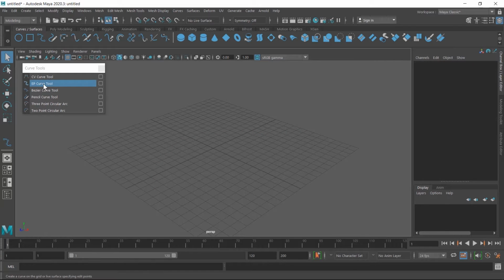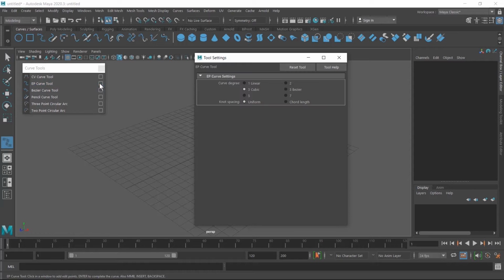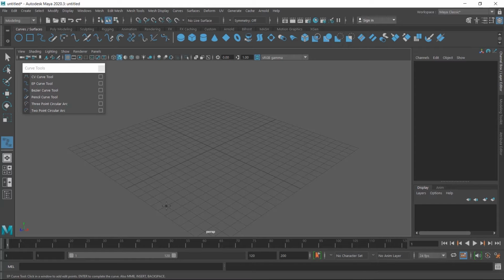Now I delete this curve. This time I choose the EP curve tool. I click on the tool setting and the tool setting is similar to the CV curve tool. I close this and I click on the first point, then second point, and when I click on the third point, the EP curve tool starts creating a smooth curve,